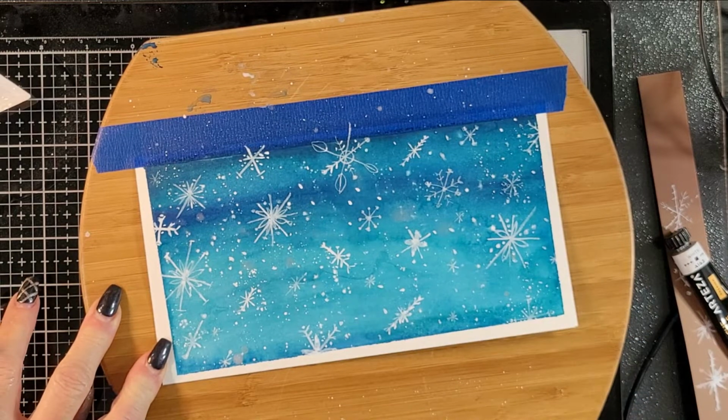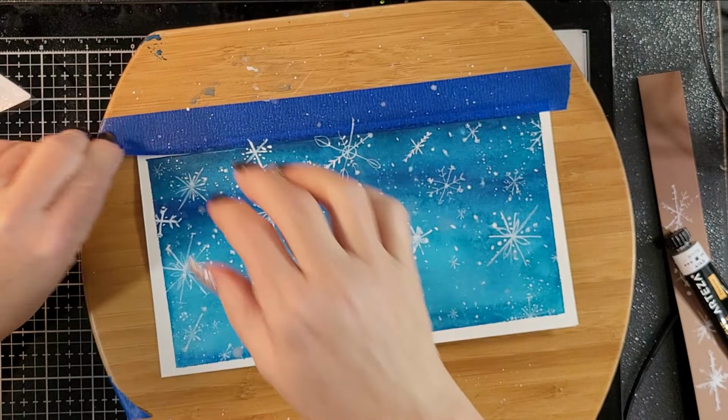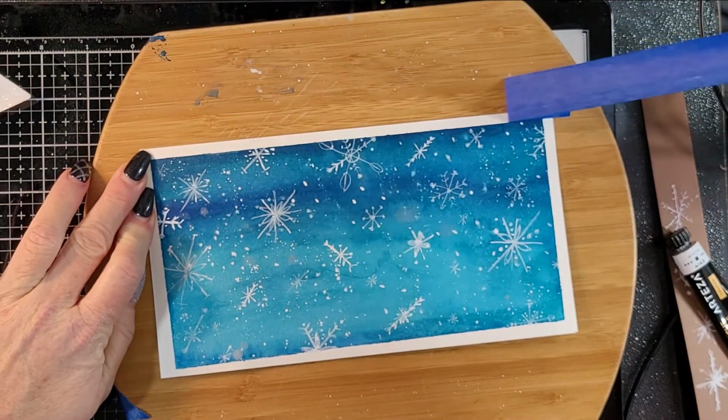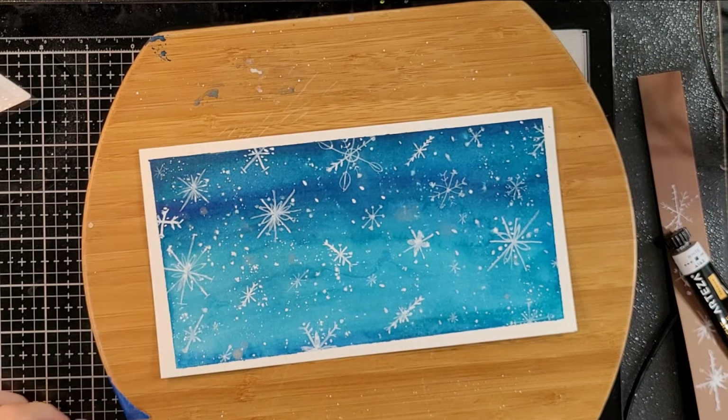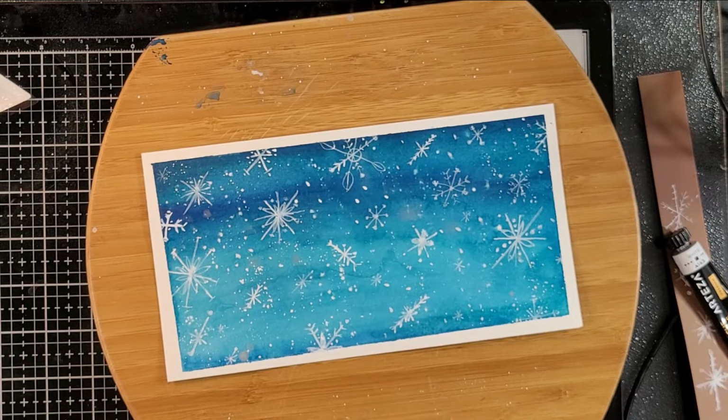You know, I gotta do it. So I splattered some and I sprayed some. And I think I have silver as well as dazzle on there, if I'm not mistaken. And of course you can see the white gouache there to the side. And you know, if you have some pigment ink, you could have used that. It's going to be a little more